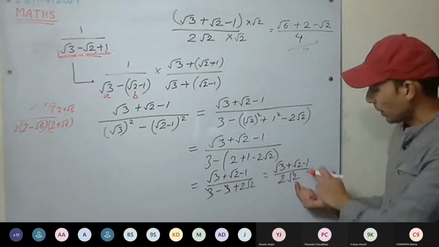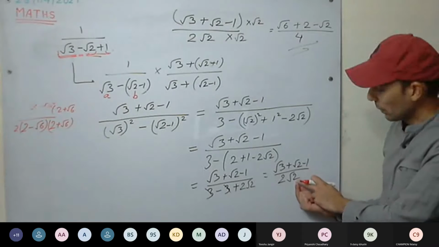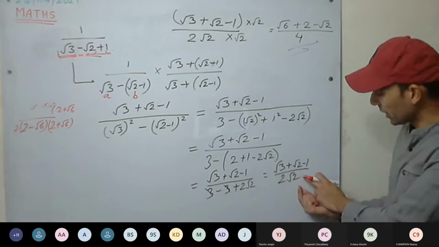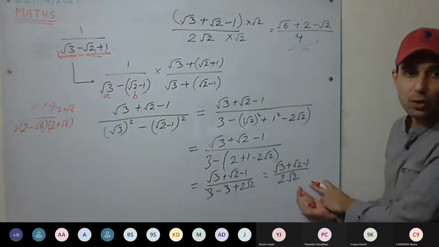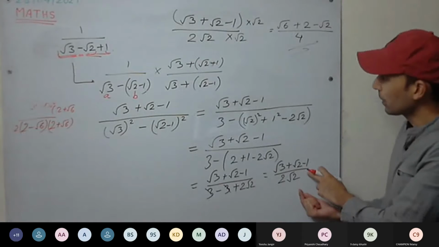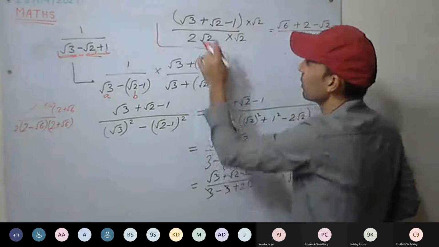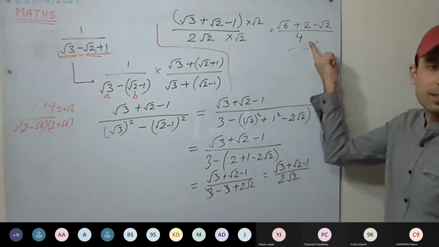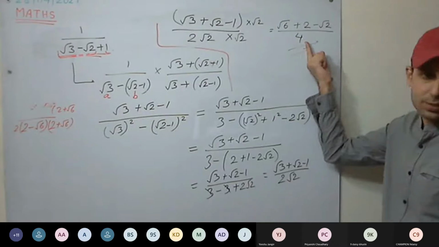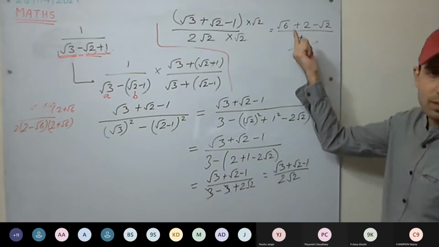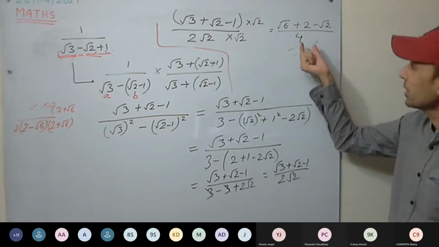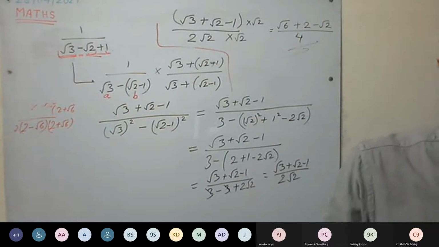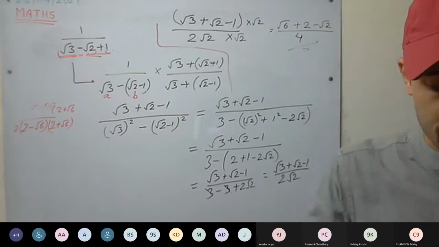We got this answer. But here as well we see that the denominator is not rationalized yet. So to rationalize the denominator, we have to multiply again with root 2. Root 2 is the lowest rationalizing factor. We multiply the numerator and denominator with root 2. This time we can see the denominator has been rationalized. The numerator is irrational, the whole term is irrational. But the question was asking to rationalize only the denominator, and we have rationalized that. This is clear?